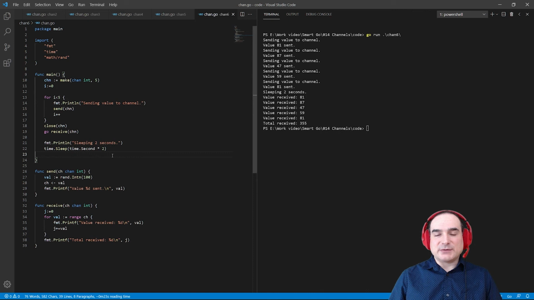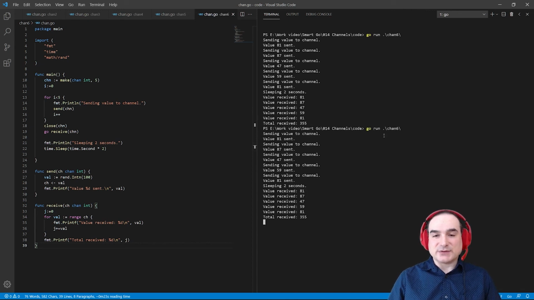So, in our receive Go routine, we read from the channel by way of this for loop construction. This is basically a way of saying, loop over everything that comes out of the channel until the channel is empty and the channel is closed. So we read all 5 messages, process them, and then because the channel's closed and all the messages have been exhausted from it, we leave the loop and print the total.